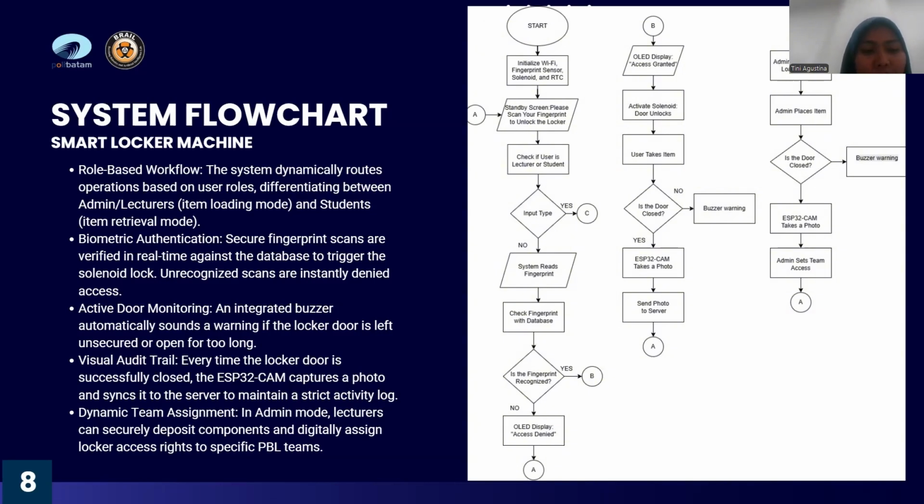Next, the server maintains a strict activity log. Dynamic team assessment: in admin mode, the lecturer can securely deposit components and digital access, locker access rights to specific PBL teams.